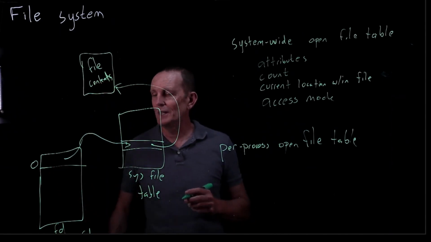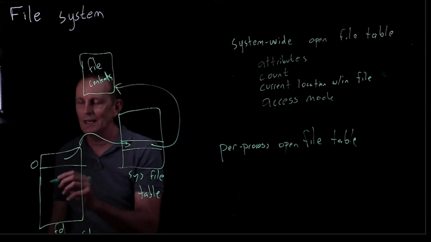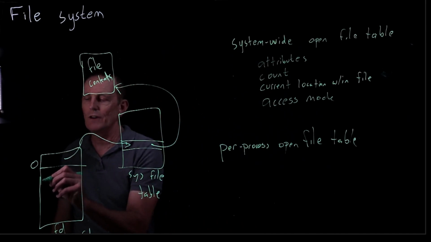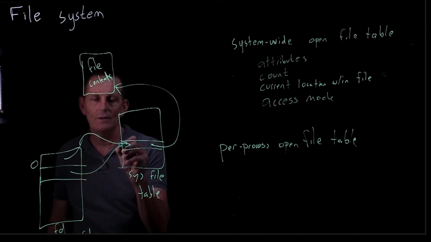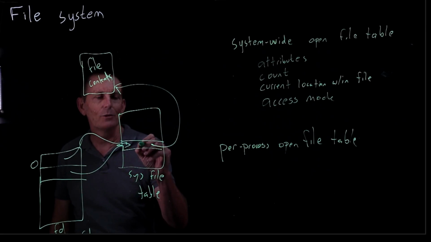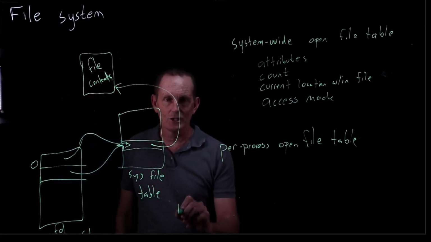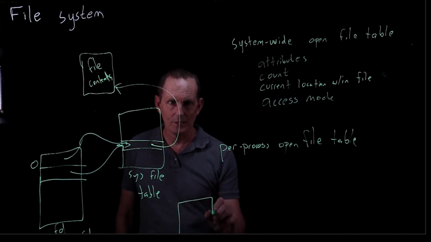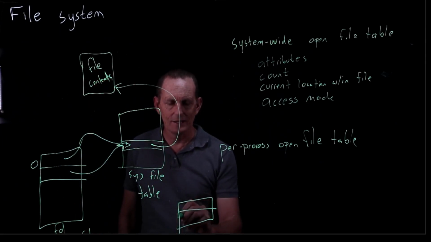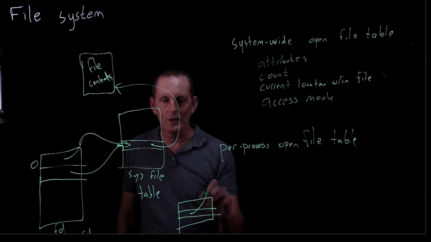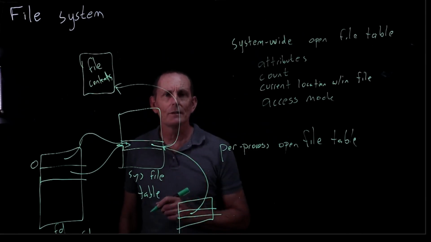Now, is it possible a particular process could have multiple file descriptors referring to the same file? Sure. If I do a dup, that's exactly what it does. If I do, let's say, a dup of 0 and I have no other files open, then now that's what I get. And the ref count gets incremented here. I can also actually have it shared, right? I can have a separate process, and its file descriptor 1 may also point to this file table.